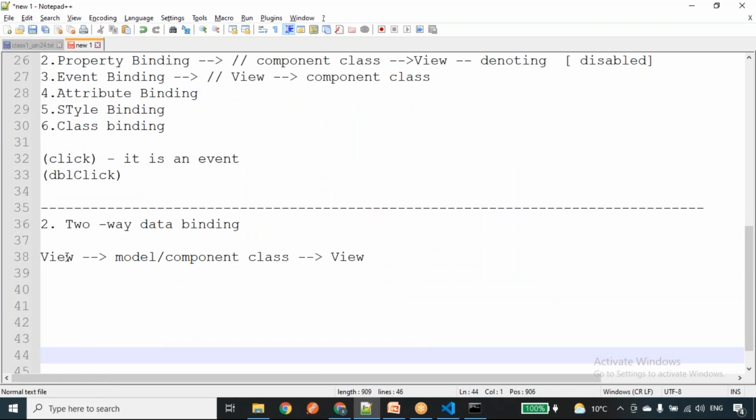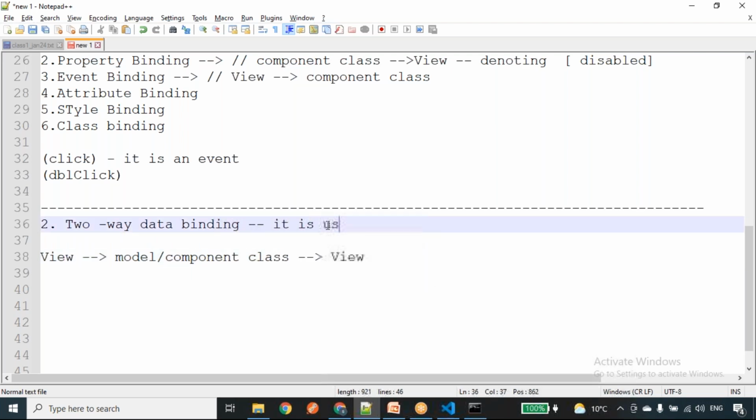Whenever I update the view, automatically it updates the model or the component. We can consider the model as a property. We define one property in the component class, and that property is going to update. Whenever it's updated, automatically it updates the view also. Two-way data binding is used in input elements, or form fields.